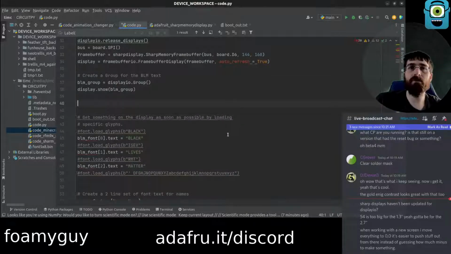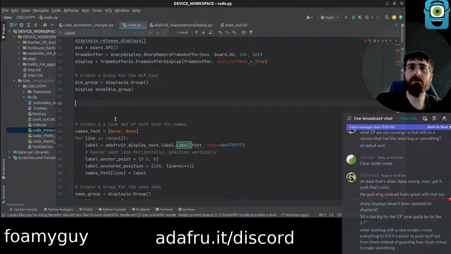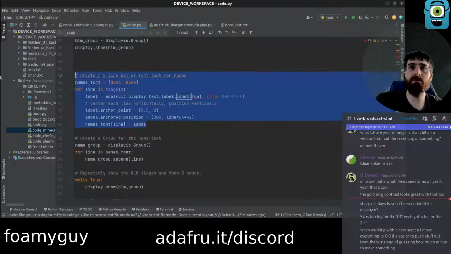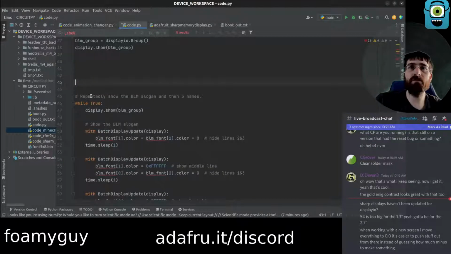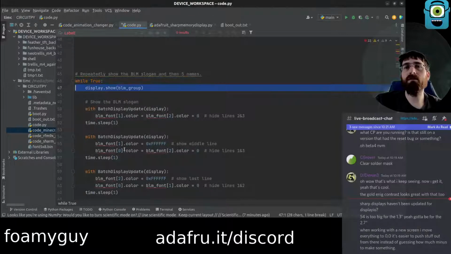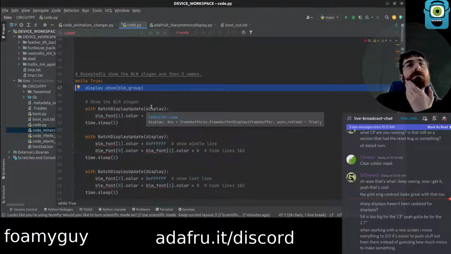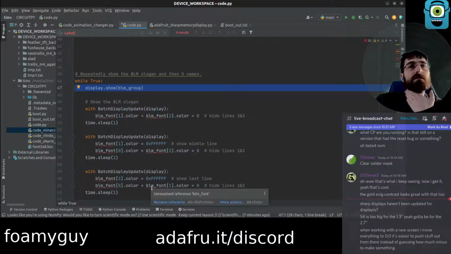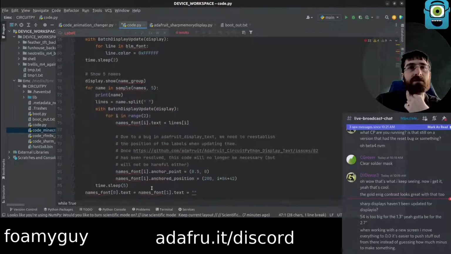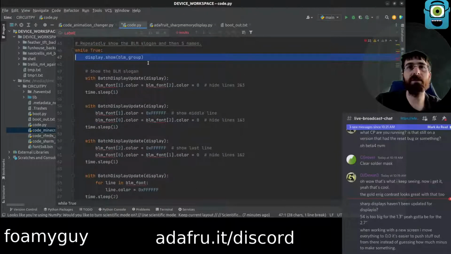We won't do a for loop. Kind of go back to just the display setup, and then we'll build from there. Show. Name group. Oh, okay, I see. Just switching back.